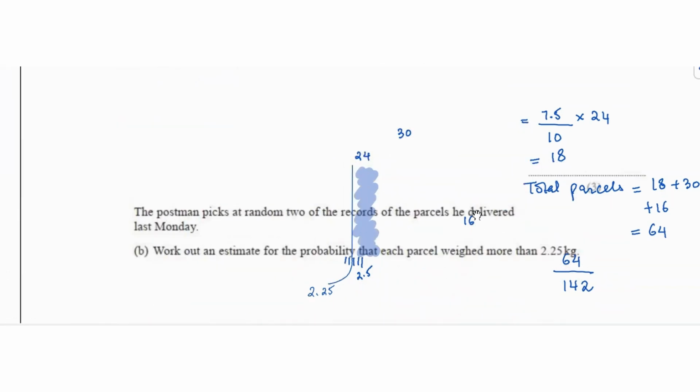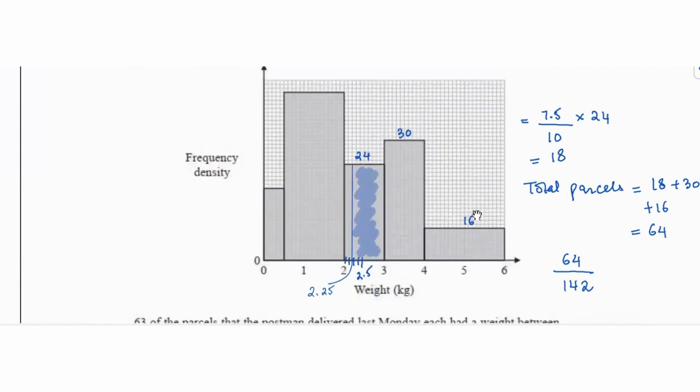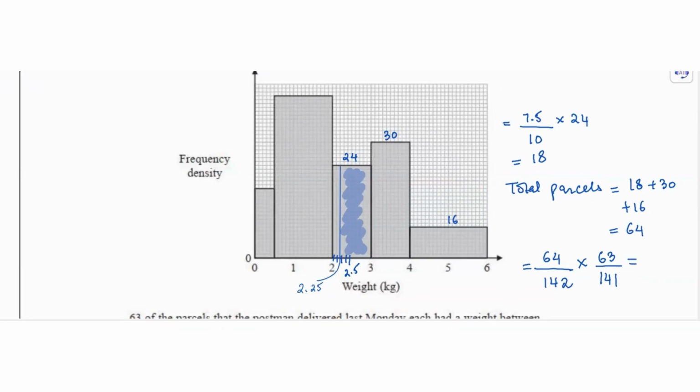So if we take one parcel, the probability of that parcel is 64 over 142. Then we talk about the second parcel. That means there's 1 out of the total number of parcels, so 64 becomes 63 and 142 becomes 141. This is without replacement. So if we multiply the two, what we get is